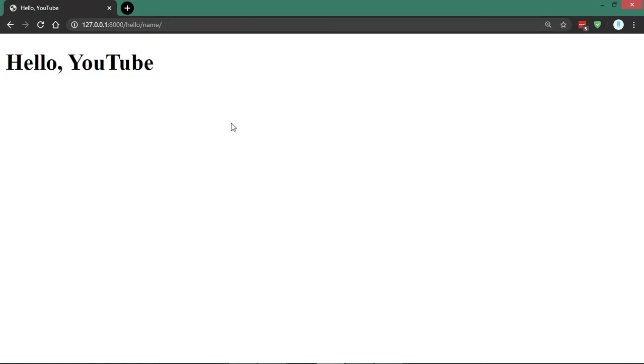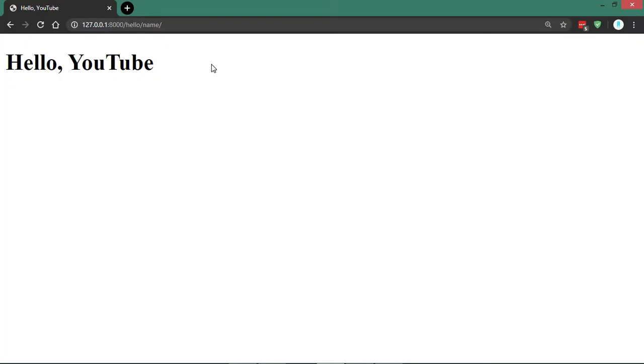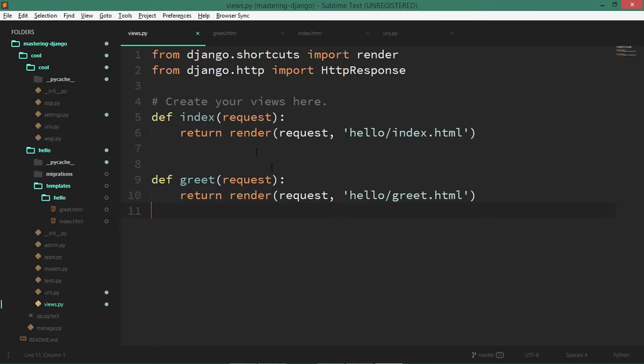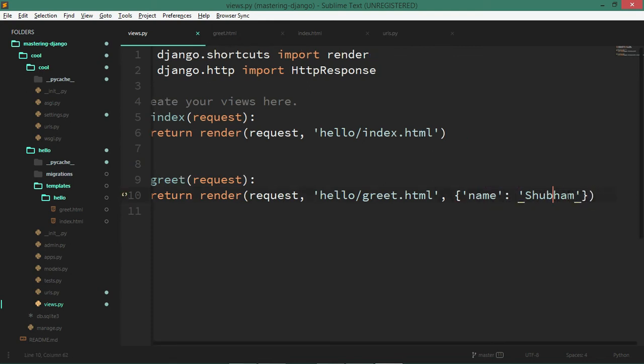But I want it to be a little more dynamic, right? So how am I going to make it really dynamic? I just want to be able to change this name somehow using my Python code. Interesting. So what should we do? Well, first of all, let's come to our views, and it turns out that Django gives you one really handy feature, and you can just pass out a dictionary right there. So I can pass out a name, and that name can be anything, let's just say it's Shubham. Okay, simple. This thing is actually called a context that I can pass.